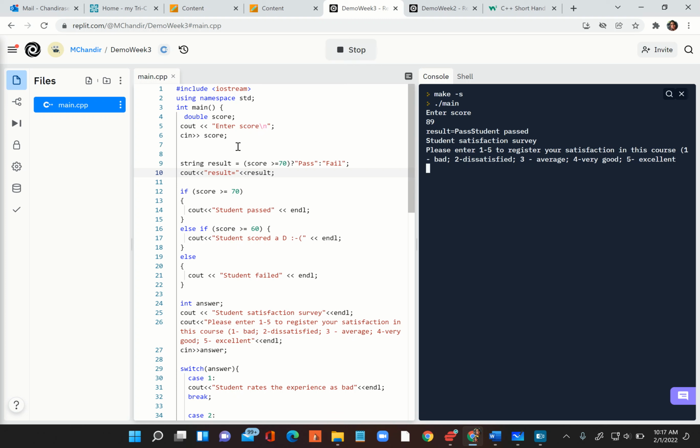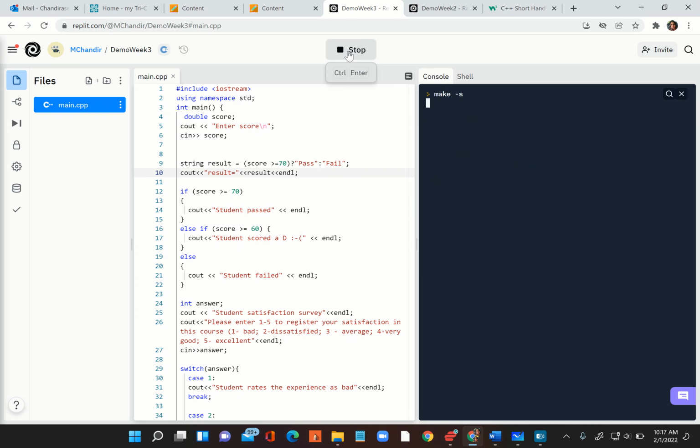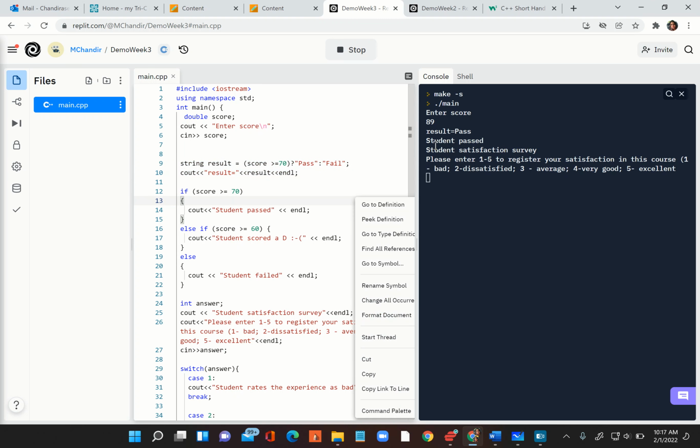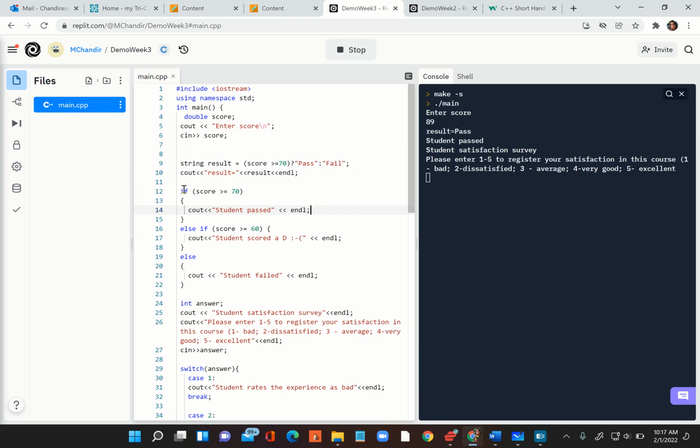Okay, so let me just put endl here. Let's run this one more time so we can see what is going on. Enter score 89. So result is pass. This is from this ternary operator here. Then the student passed comes from this if condition,